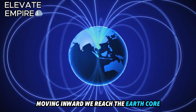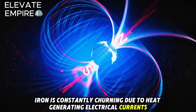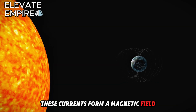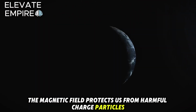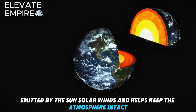Moving inward, we reach the Earth's core. In the outer core, iron is constantly churning due to heat, generating electrical currents, as iron is a good conductor of electricity. These currents form a magnetic field, which is essential for sustaining life on Earth. The magnetic field protects us from harmful charged particles emitted by the sun, solar winds, and helps keep the atmosphere